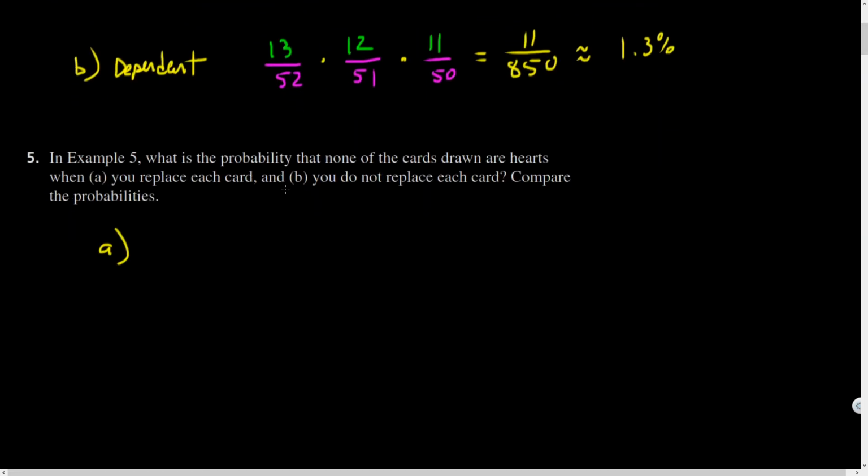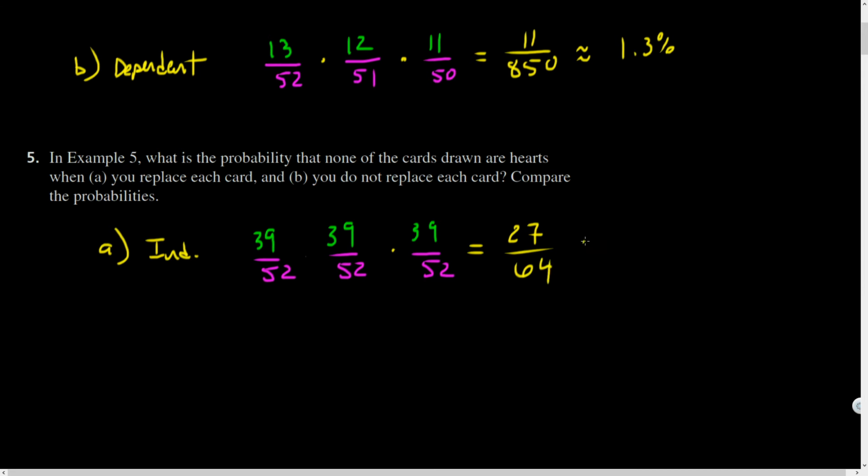So for part A, with replacement, so it's independent, the number of not-heart cards would be, let's see, I wanted to say 39? Yeah, 39. So there are 39 not hearts in the first draw. If I replace it, there's still 39, then there's 39, and there were 52 each time, and so I would multiply those out. And yeah, we'll calculate it. Why not, shall we? And so if I multiply all that out, I get 27/64, which is about